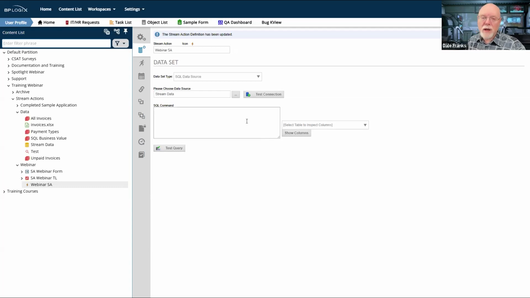Now, in most instances, you're not going to want to do this. A, it assumes that you have some knowledge of SQL, which you might not. B, in most cases, your business values are created by people who do have knowledge of SQL. So it may be that they create the business value for you. So you will never use this option. But if you are a SQL type person and you want to use this option, it's available to you.